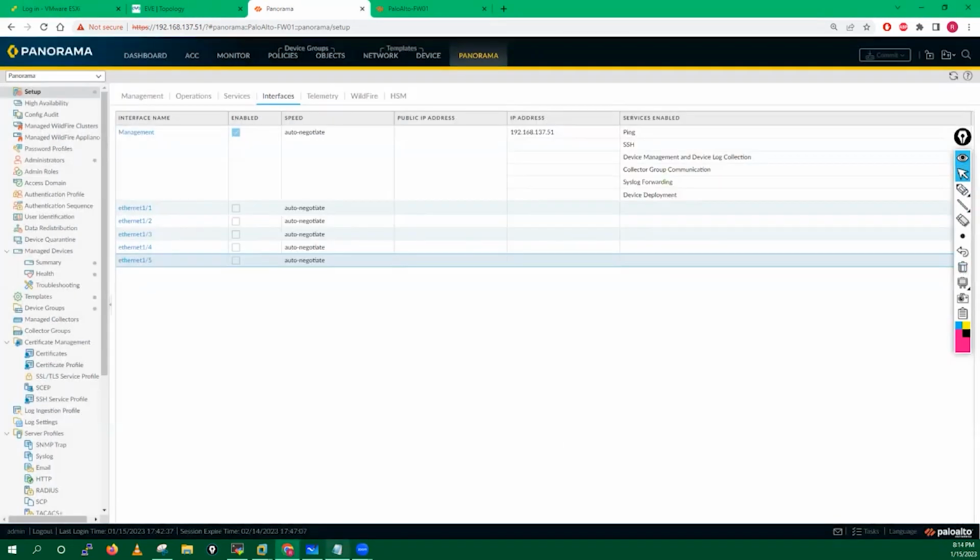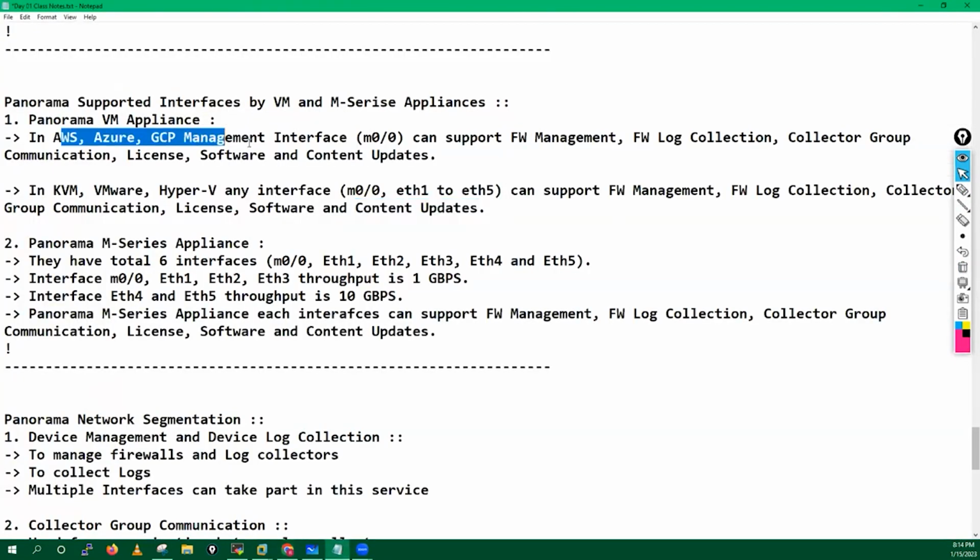But in Azure, GCP and others, we have a management interface which can support all these things. Okay, now